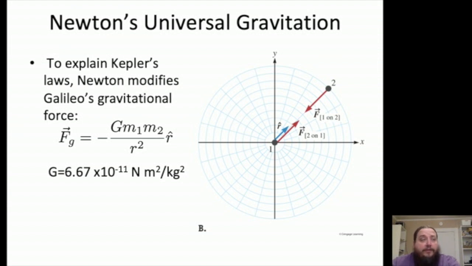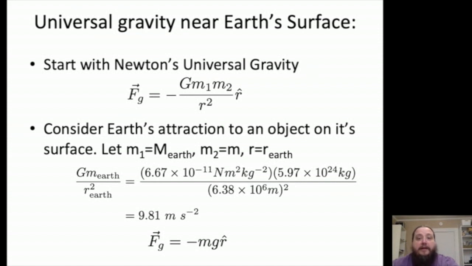Now, this force law looks very, very different than F equals mg, the gravitational force law that we're used to seeing. But if we adopt as one of the masses the mass of the Earth, and the distance between the objects as the radius of the Earth, then it turns out that we can recover